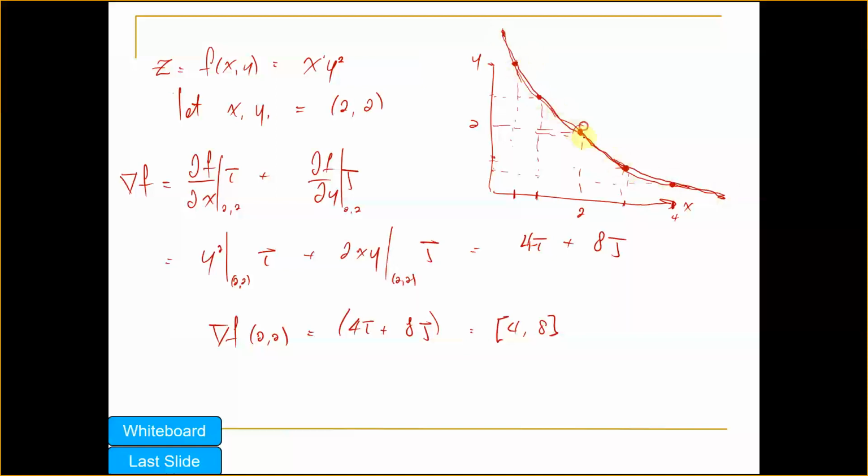The question is, at this location, what's the direction of ascent? The direction of ascent, if this is the contour, ascent is always 90 degrees to it, or descent. Everybody understand that? So it's either going to be in this direction or that direction. And what this says,